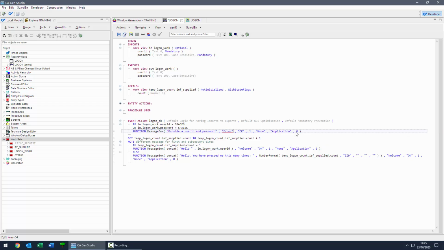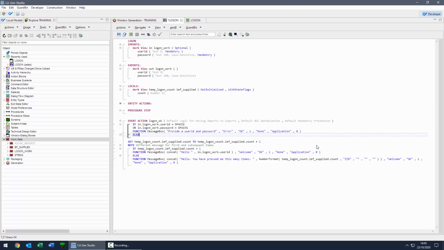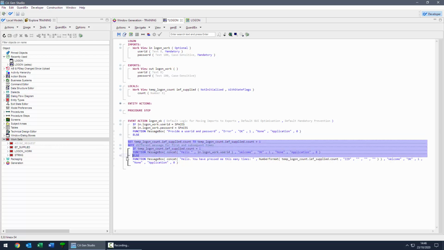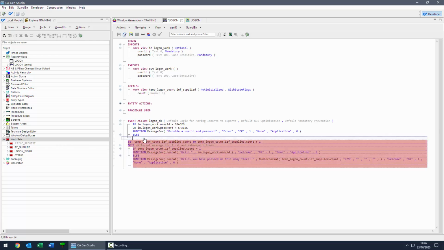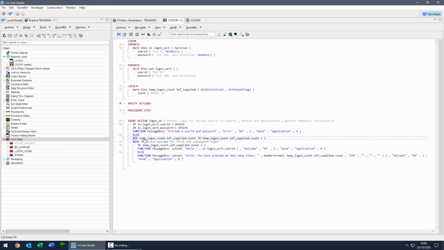Now I don't want to then go ahead and execute any further logic, so I could either put everything else inside an else clause, or I could do it another way with something called an escape statement, at which point